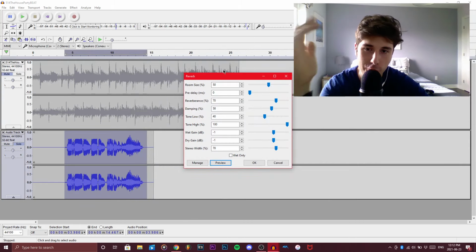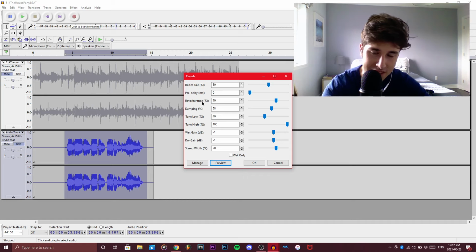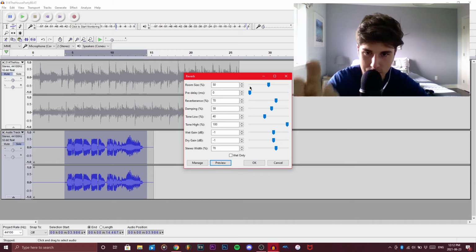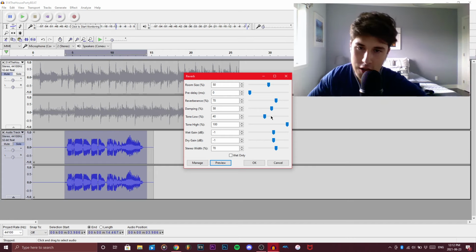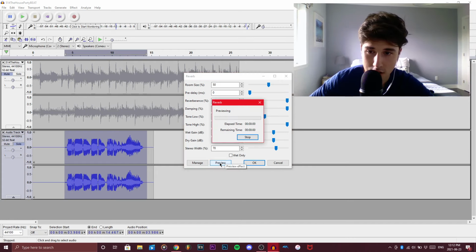And finally, for the reverb, I would recommend using these effects. I'd copy this, but I'd want you to focus mostly on reverberance and damping, because this is what makes you sound the most wet and like in the background. So if you crank both of these to 100,